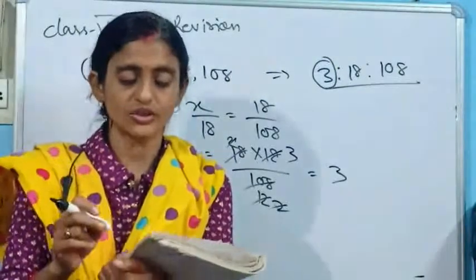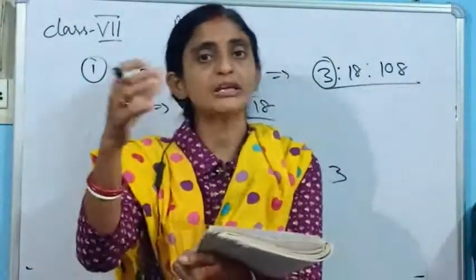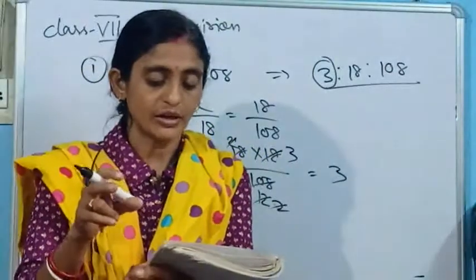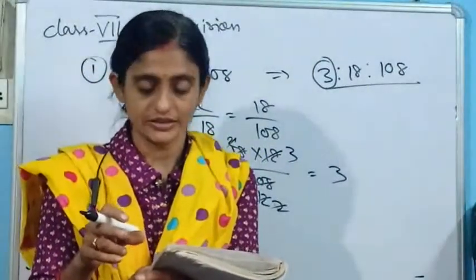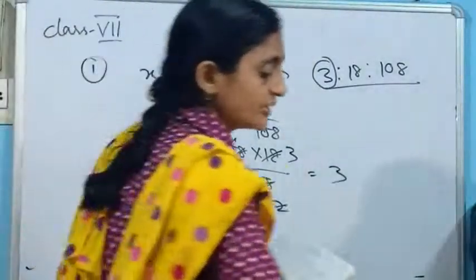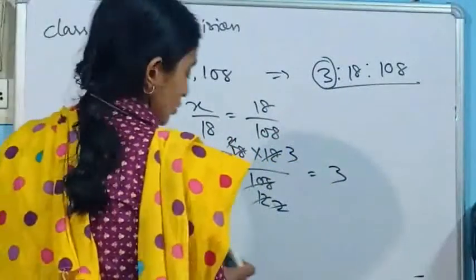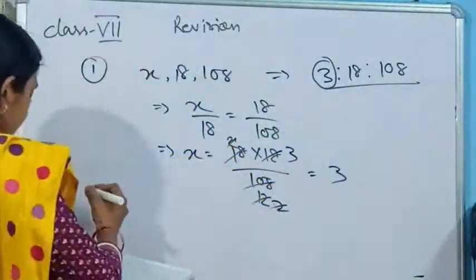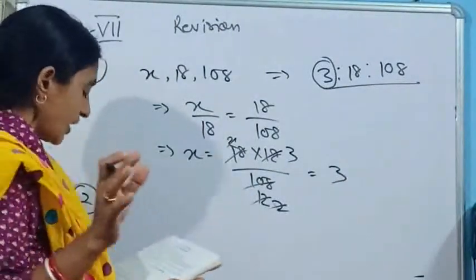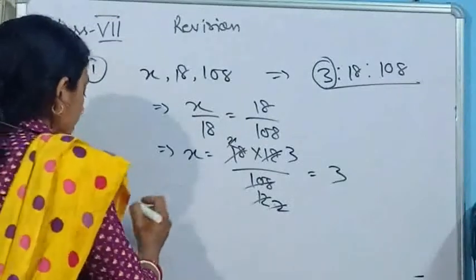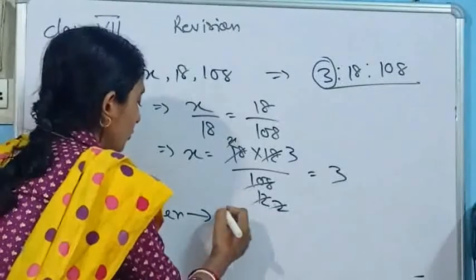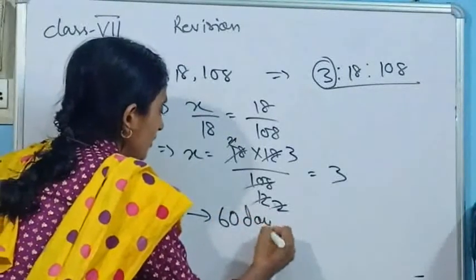Here you have to understand one thing. If the manpower is increased and the work is kept fixed, then definitely the number of days will be decreased. So let's present it in ratio. What can we do in that case? Actually, this is the inverse variation we are going to follow. For the solution, I am putting this one as number 2. That is 40 men, they will do the work in how many days? They will do the work in 60 days.